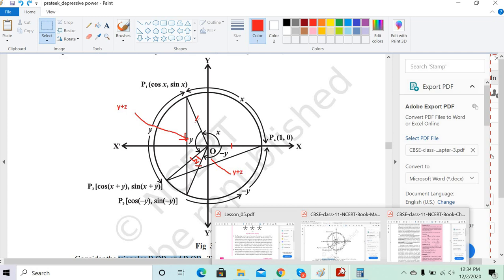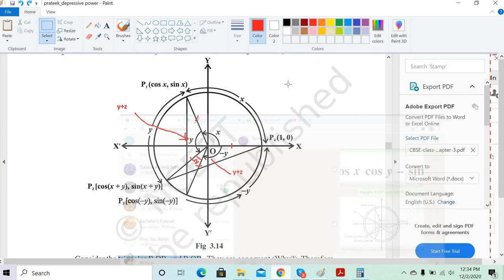And angle P2OP4 is also Y plus Z. So we'll not consider the sign, right? Yes, we will not consider the sign because we consider numerical absolute values. Because the angle is the same, no? If you go in the clockwise or anti-clockwise direction, the sign will change. But we are not adding the angles algebraically right now. We are just comparing the angles.